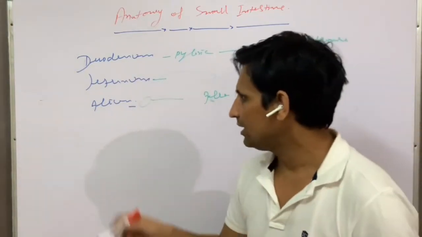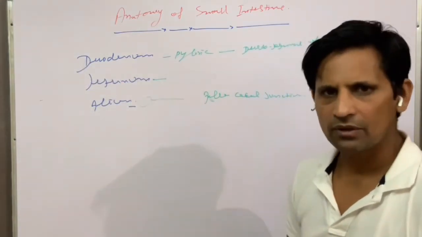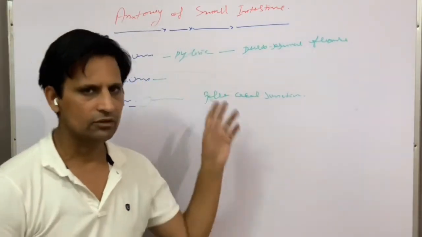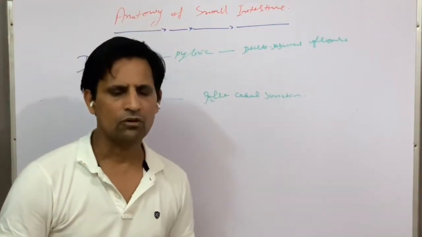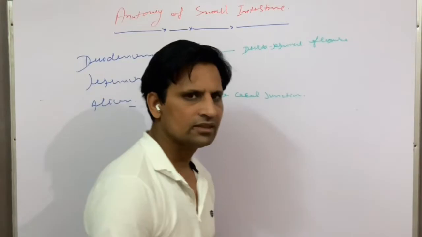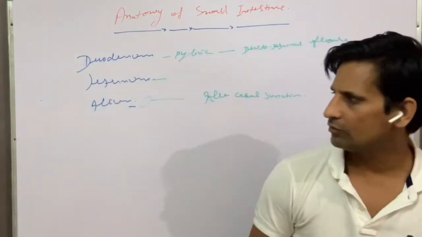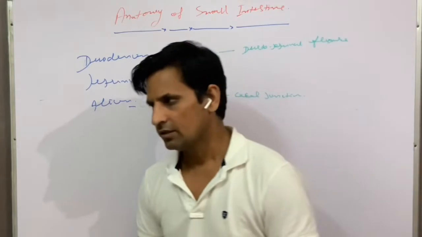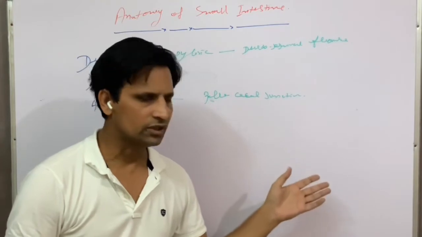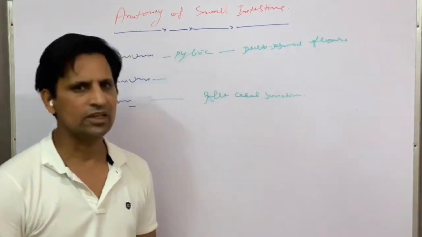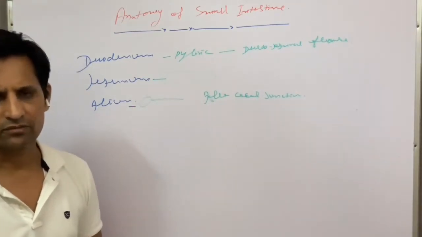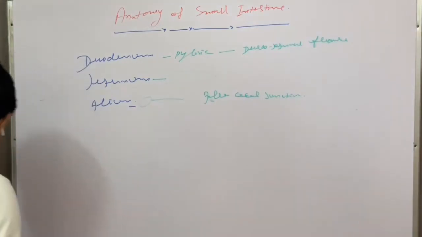We have earlier discussed the anatomy of the duodenum. You can see the previous video, and there you can understand the basic anatomical features of the duodenum. Here in this section, we will talk about the most important part of the small intestine, the wall of the small intestine, because the structure of the small intestine is adapted to all the functions related to digestion and absorption. So we will start with the structure.